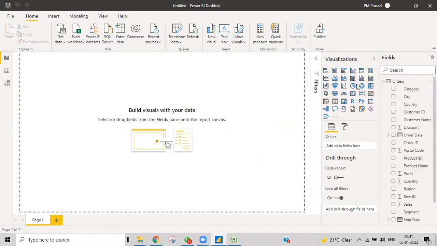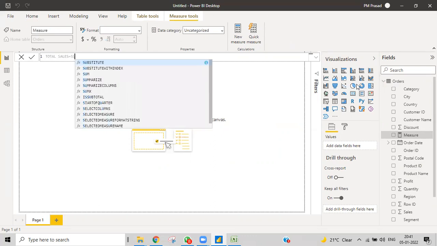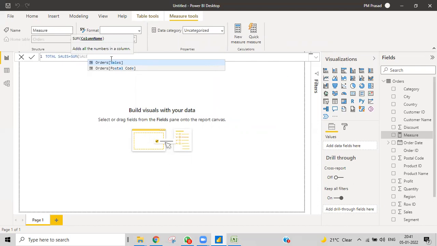First of all, I'll make a small measure for our calculations, total sales. Total sales means sum of sales. Let me make that total sales, equal to sum of sales. So I got one measure.